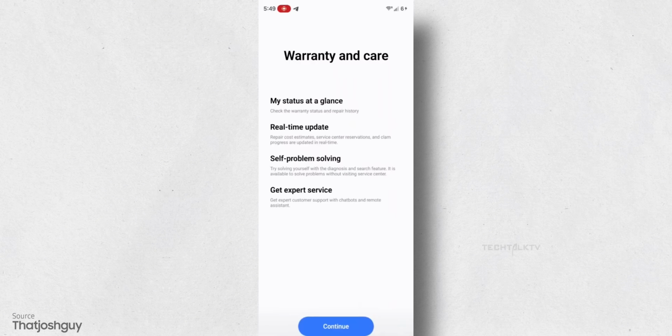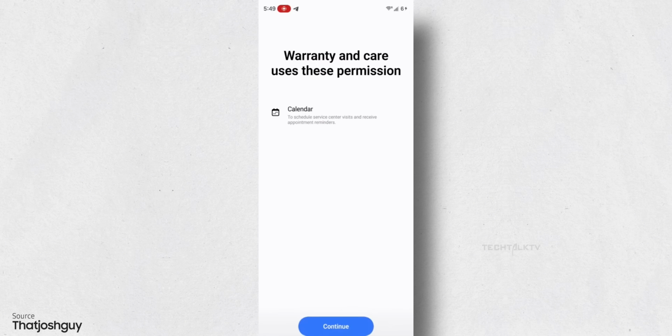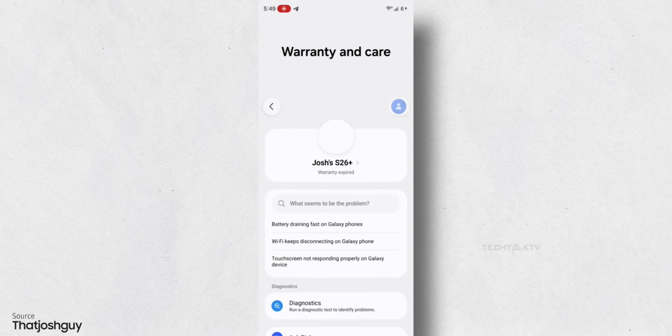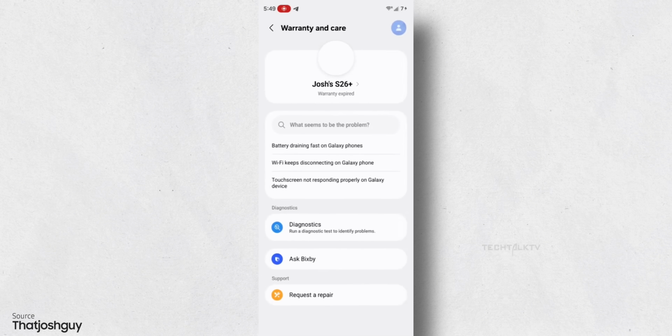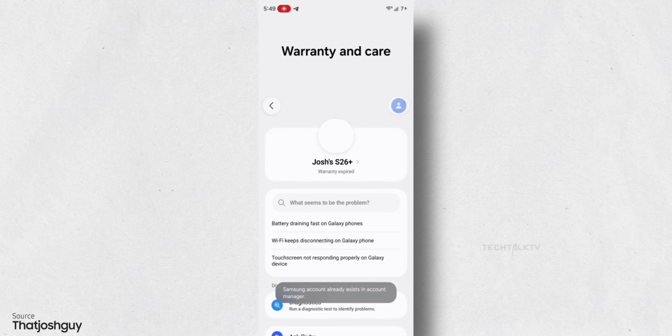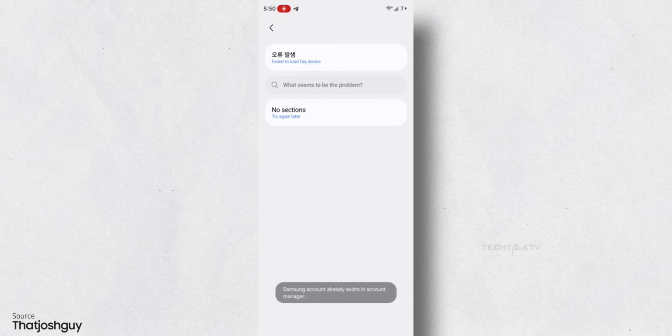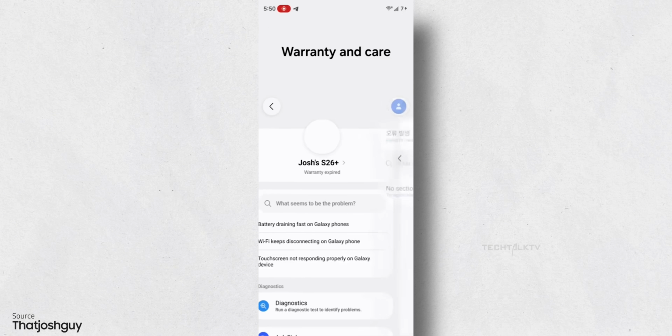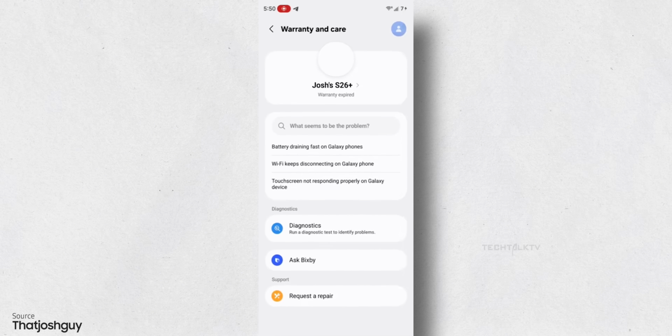Samsung may also add a new app called Warranty and Care. Instead of digging through old emails, receipts, and support pages every time something breaks, this app would put everything in one place. You'll apparently be able to check your warranty, estimated repair costs, book a repair, and track it right